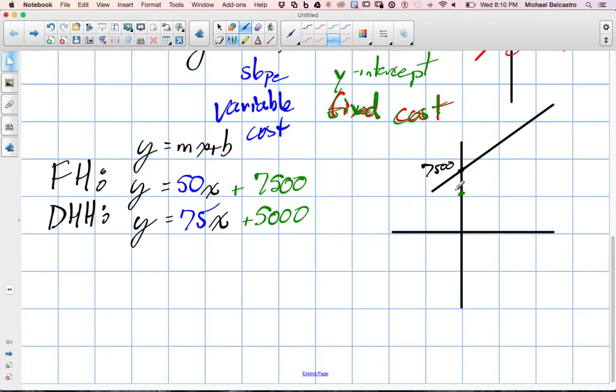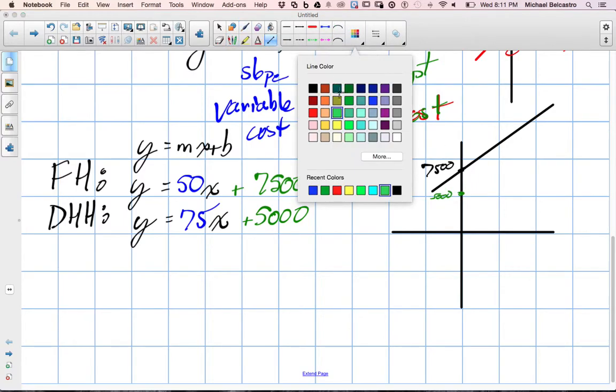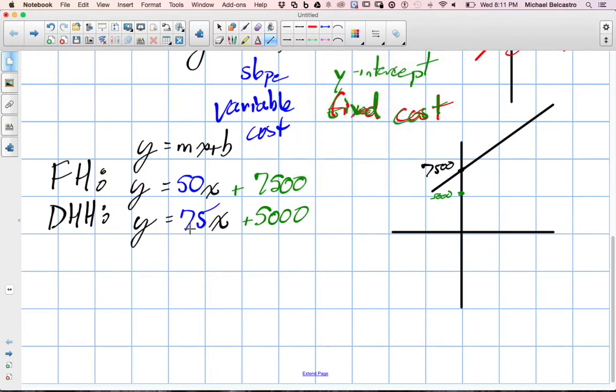Our y-intercept is 5,000, so a little bit lower, but when we go to actually graph it out, because it's $75 a person, it's going to increase a little bit faster, and eventually at some point the prices would be the same. So it didn't matter which place we chose, and we're going to figure out what that number is in a second or two, but it doesn't matter how many people it is, it doesn't matter which place we go to, the price will be the